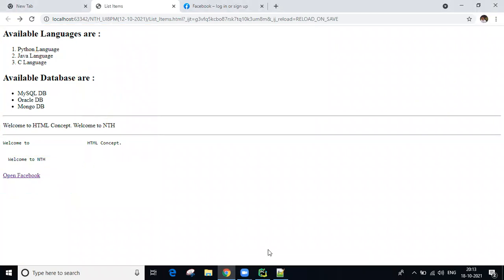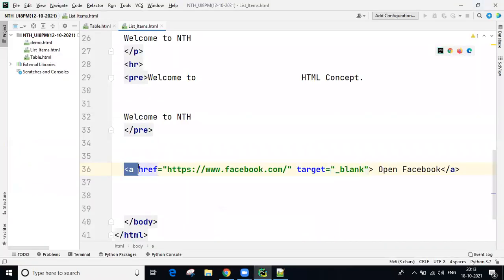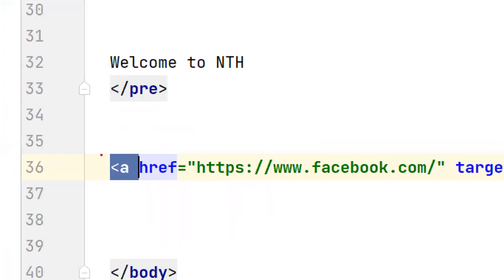So if you want to create links, we create them using the A tag, the anchor tag, followed by the href attribute. This must be required.